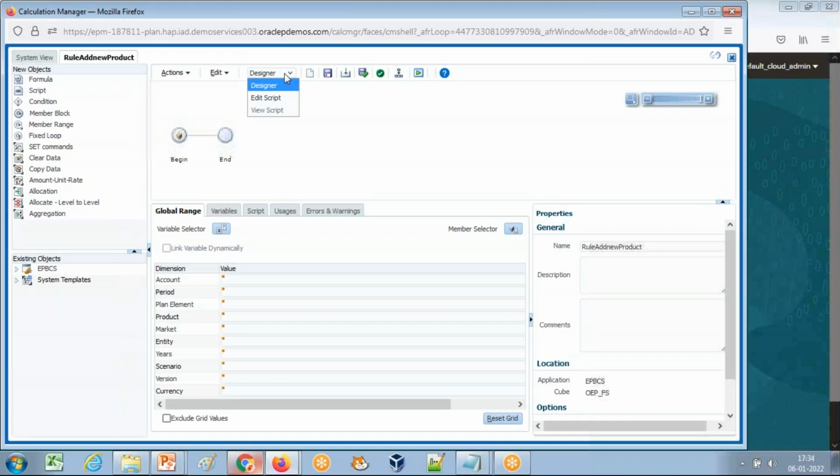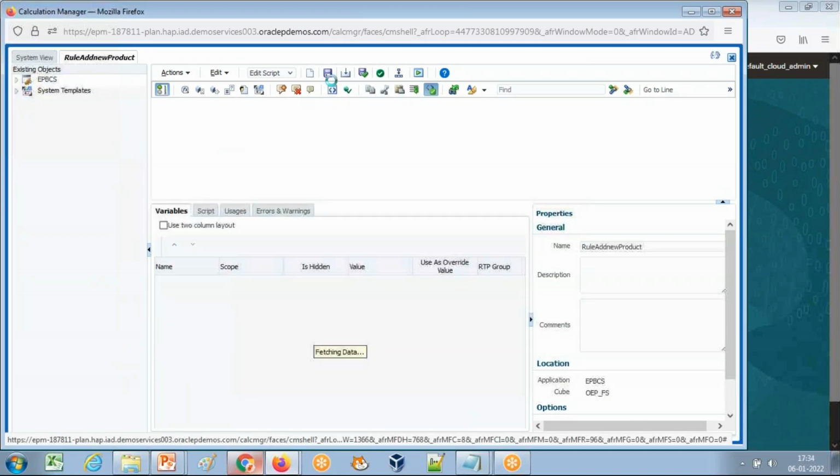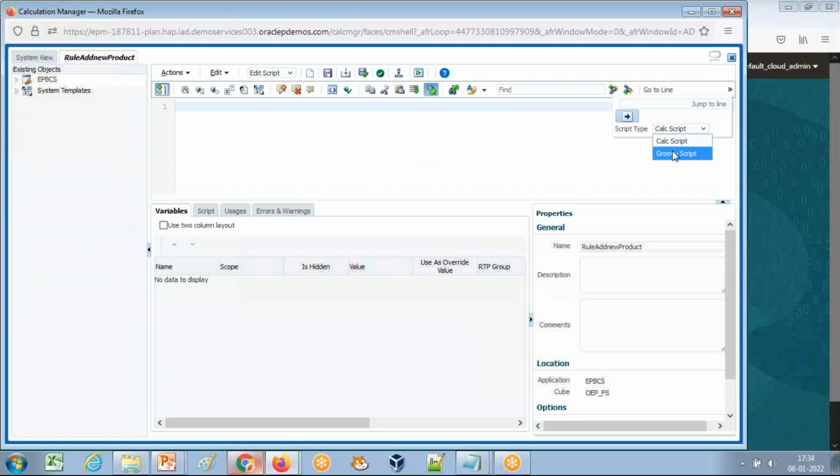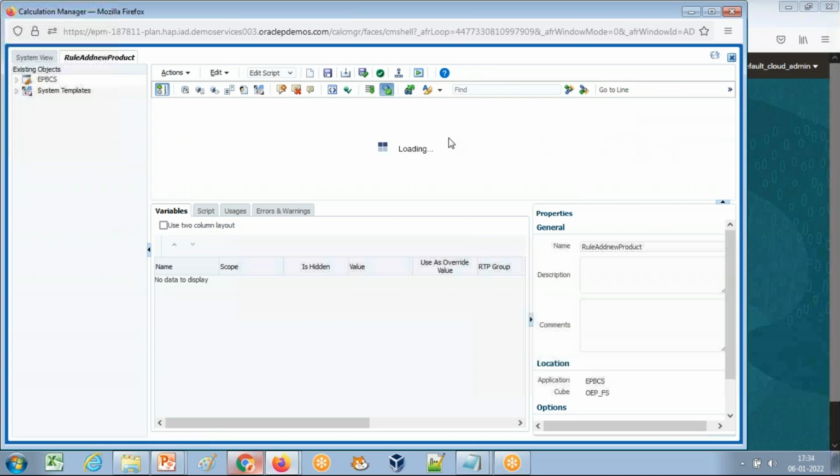Let's switch this view from designer view to script view, and the default is a calculation script. Switch from calculation script to the Groovy script. First I need to use those runtime prompts.